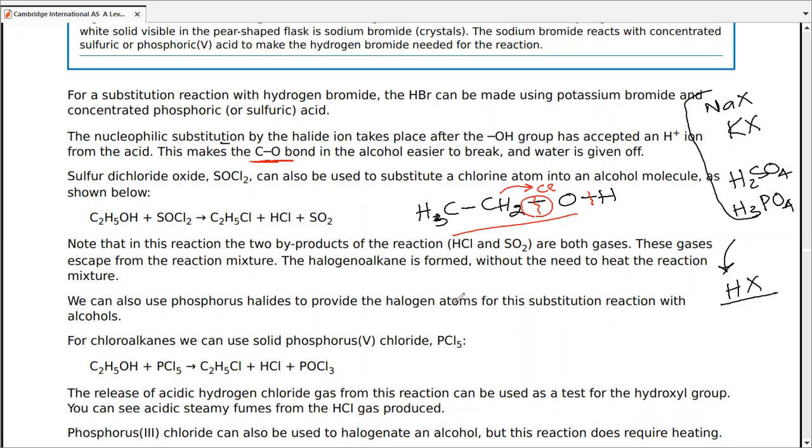That is something that is usually discussed in paper one. Okay. So moving on,